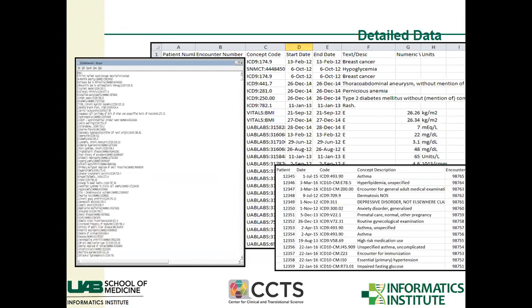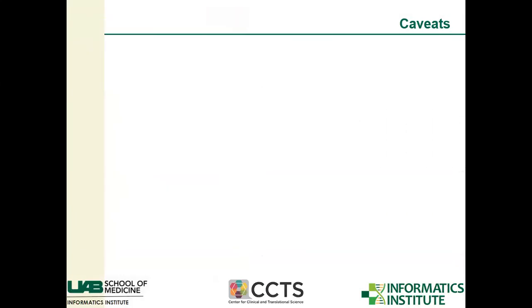And like I said, this doesn't require IRB approval. You can log into I2B2 and pull this level data all day long. You just won't know the actual medical record number and the actual encounter number. But you can know lots and lots of information about the patient population of interest. Any questions before I move on?